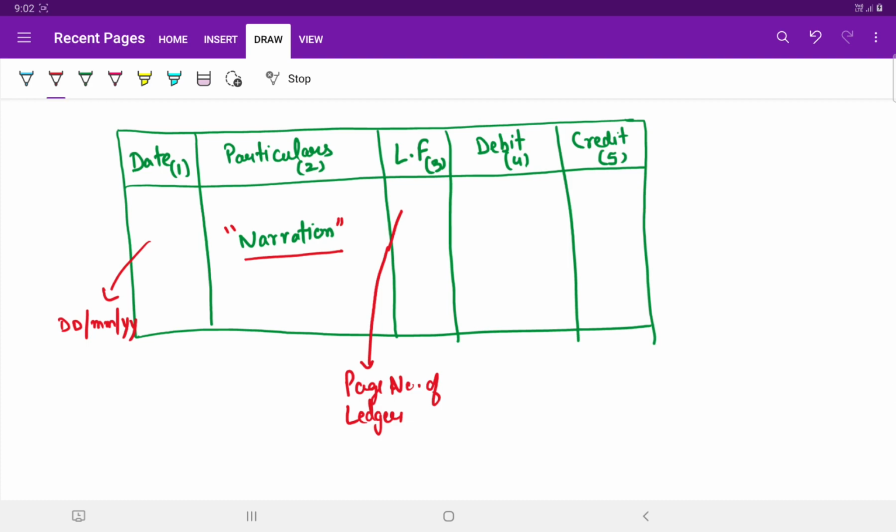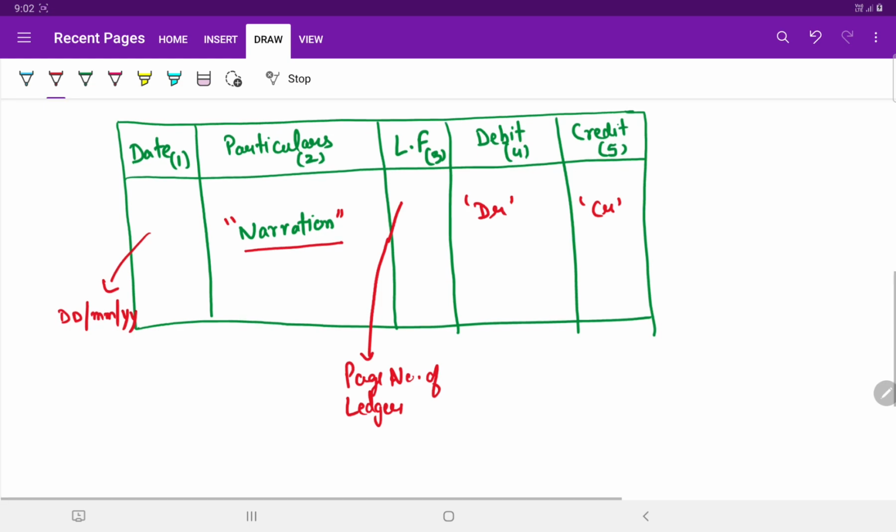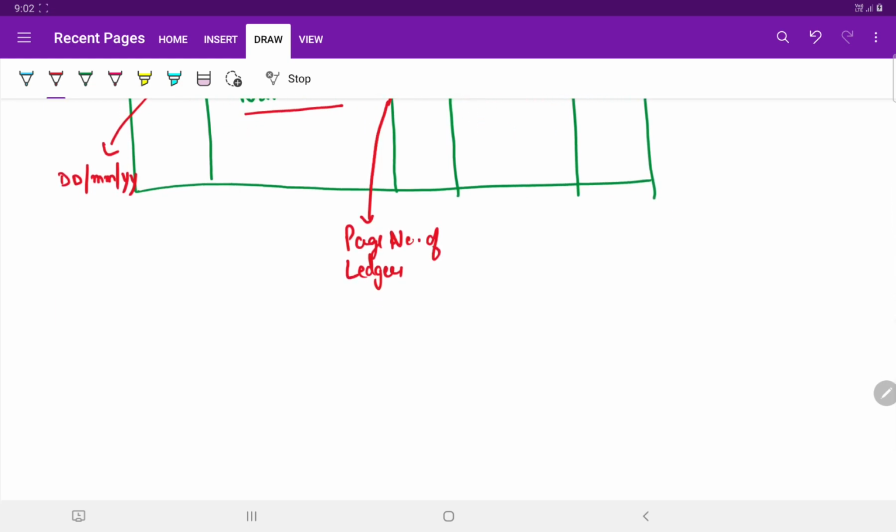The fourth column is regarding the debits of the accounts. The word DR is written in front of the debit entry. So always remember that the word DR is to be written, and for credit the word CR is to be written. It is necessary to make a total of the amounts entered in the debit and credit columns. The total will be carried forward to the next page and so on up to the last page. The last page gives the final total. Ultimately a total is to be made, and in this the debit entries must be equal to the credit entries. Then only our journal is finalized.